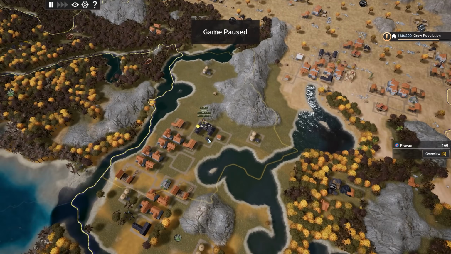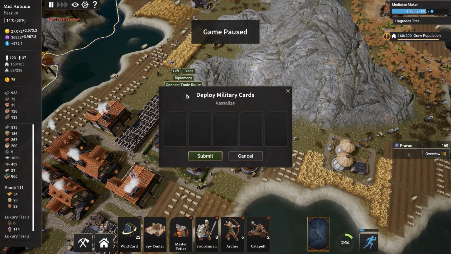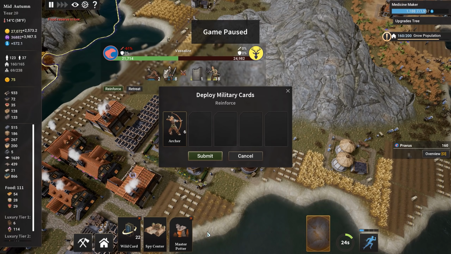So Havre, right down over here, how you doing? You have a musketeer who has pretty good HP and defense, but only 25 attack, and you only have 1 of them, which I feel like isn't enough. So I'm going to go ahead and toss in all my swordsmen to start. You have 18 militia, you'll send in 1 musketeer. There's the wall. Then we'll reinforce you with a couple of catapults, and I'm going to reinforce with all 6